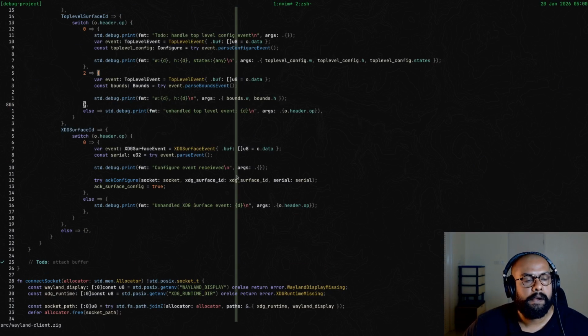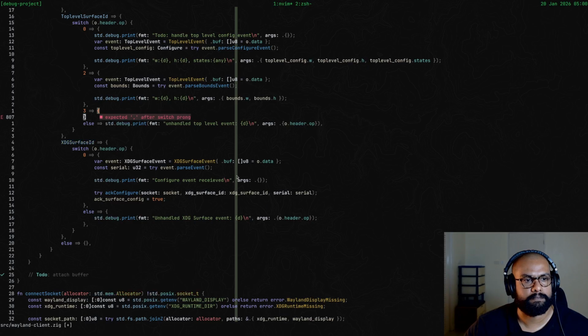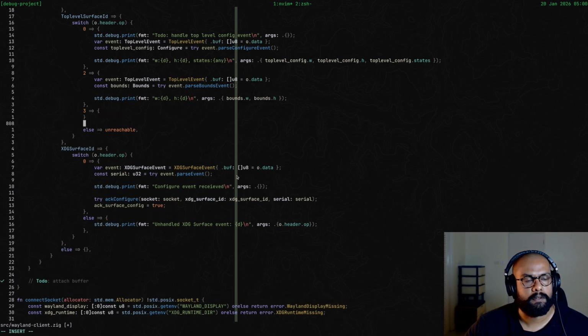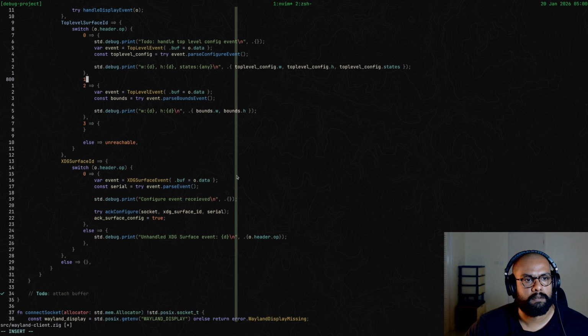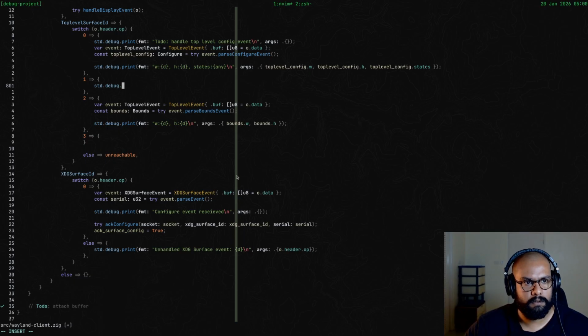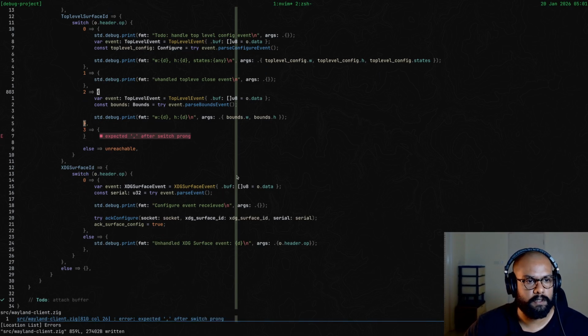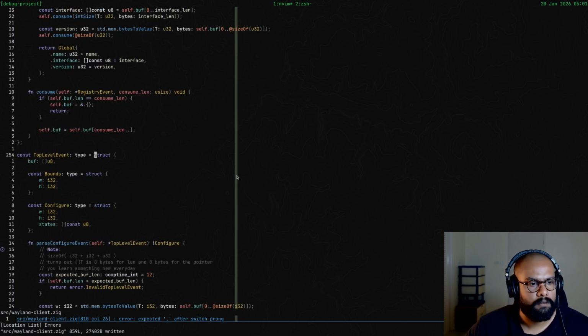Interesting. Okay, what do I want? I want 3. Let's make this unreachable. Debug print unhandled top level close event. Although they shouldn't be fired because I don't see the window yet. Level event, and let's create